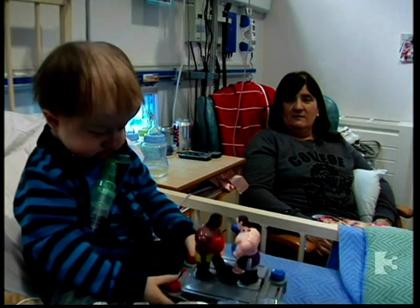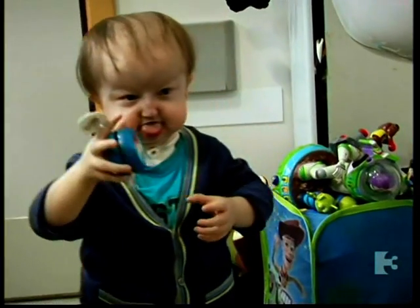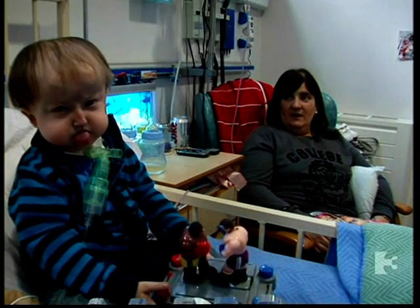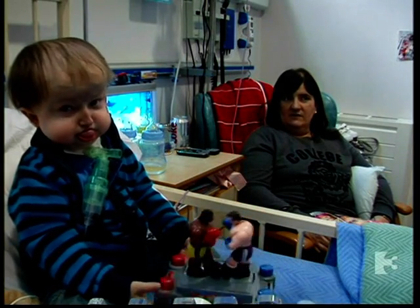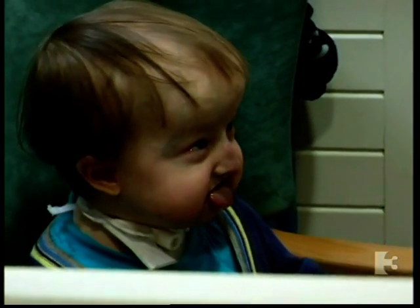When he was 6 months, he still looked like a fairly new baby. He looked like 2 or 3 months. He walked at 16 months, he was tiny, he looked like a baby of 8 or 9 months. And he's been in and out of here from the time he was 2. They had to put a tracheostomy in so they could try and bring down his chin so they could